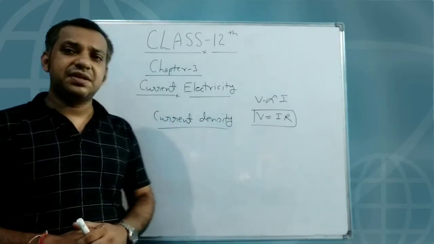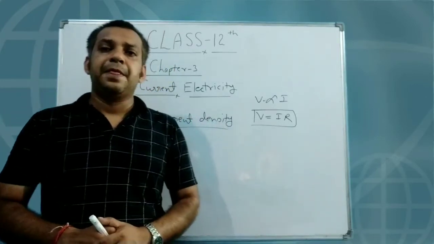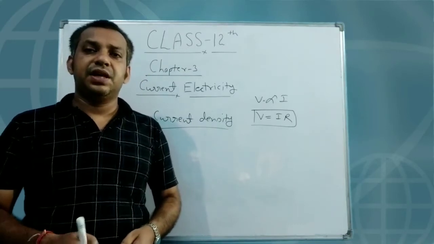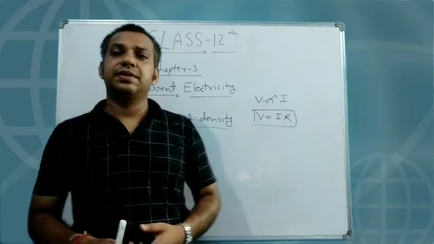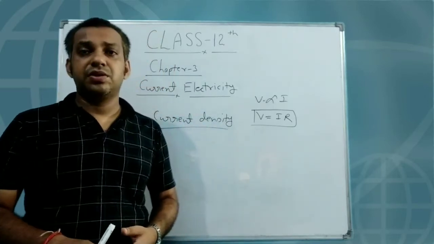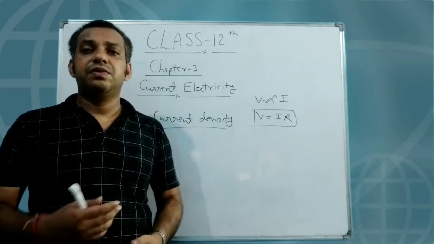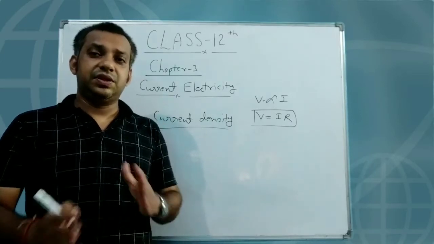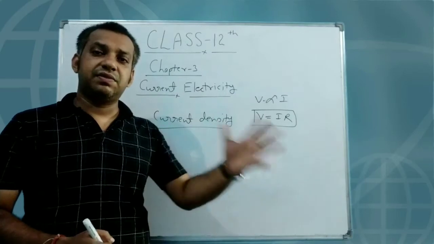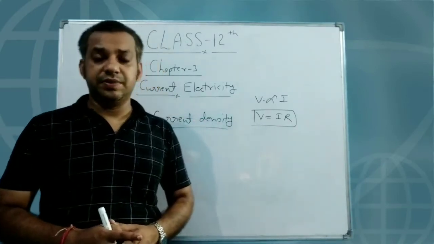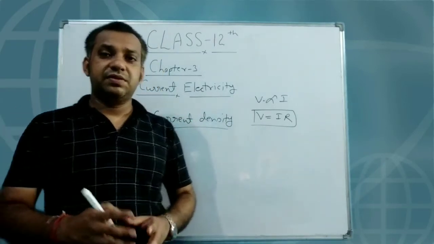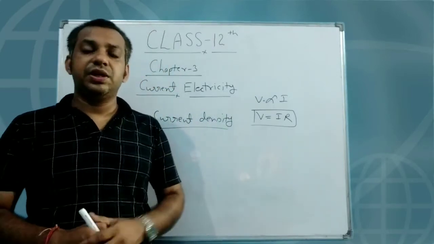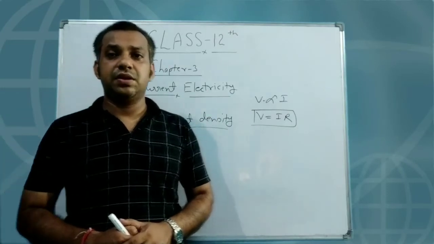And after that, in this chapter we will discuss some measurements with the help of the Wheatstone bridge, and with the help of the potentiometer we will discuss how we can find the EMF of a cell. Here we will also differentiate between the EMF and the terminal voltage. In this chapter, a very important and very interesting topic in this unit is Kirchhoff's voltage law and Kirchhoff's current law.